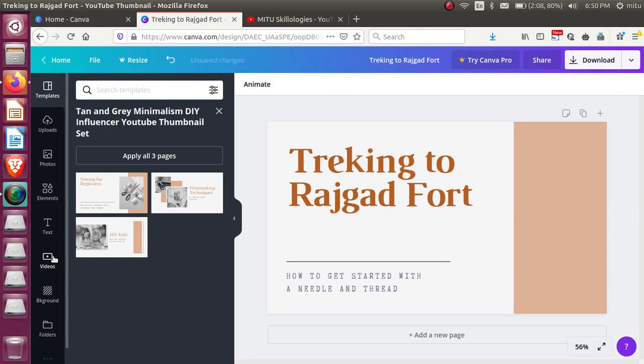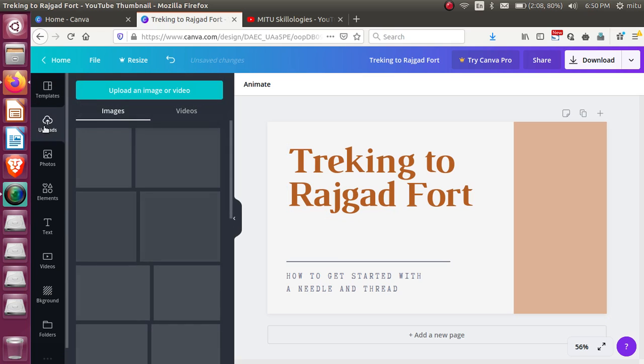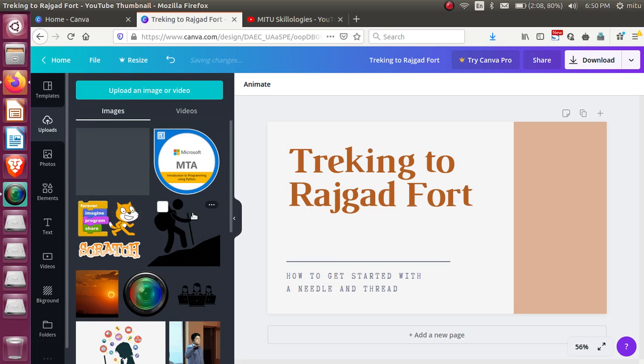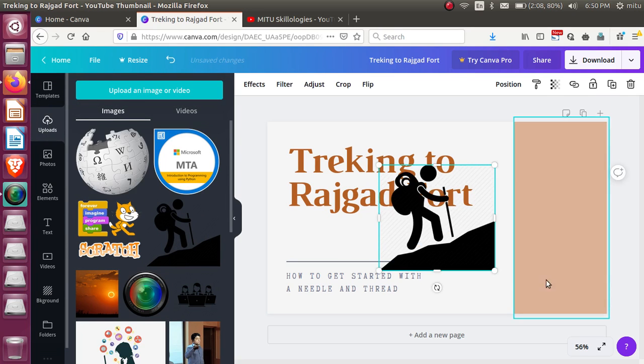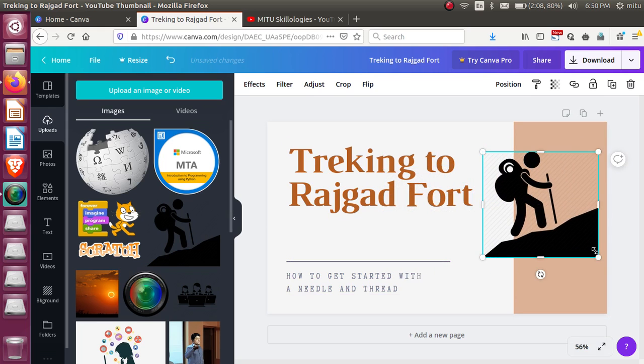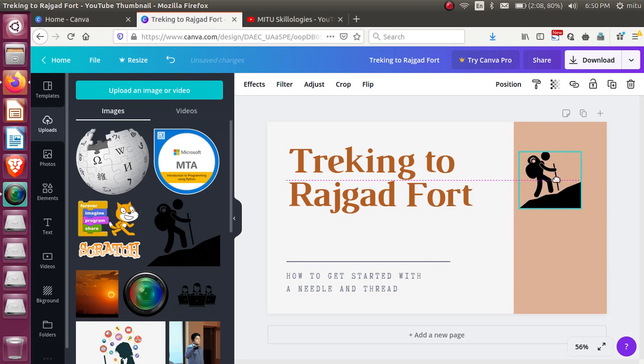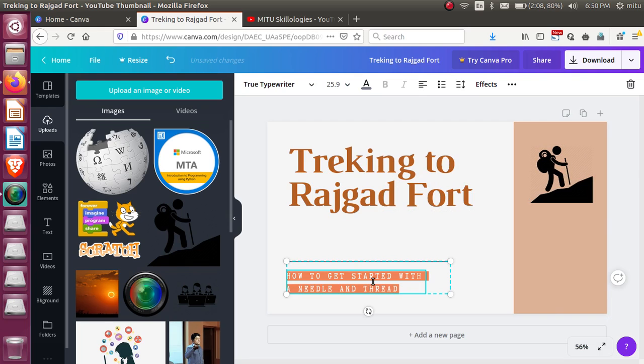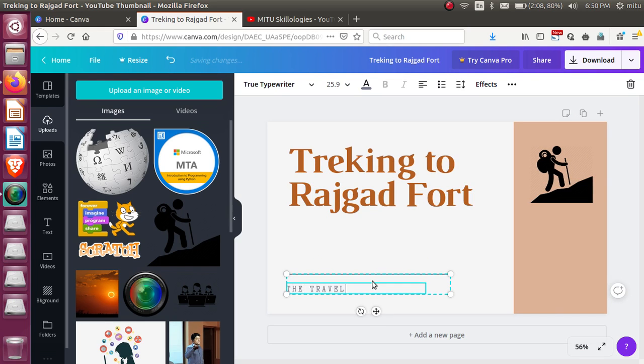Okay, and if I want a few more things there, like I have uploaded one picture, this picture I require here. So check it out. This is a PNG image which I am showing here, and the text: Travel by Tushar P. Kute.